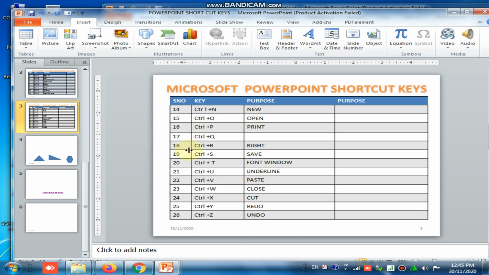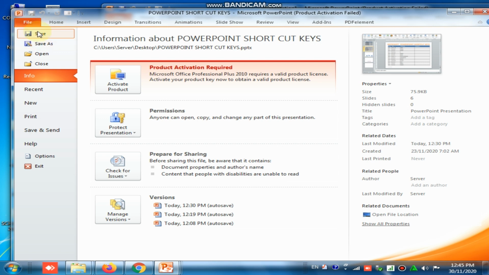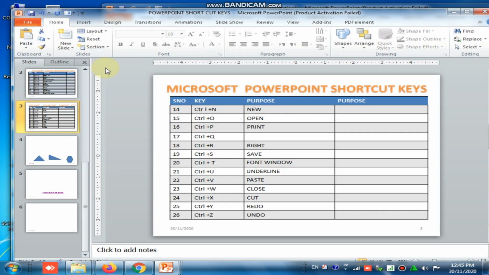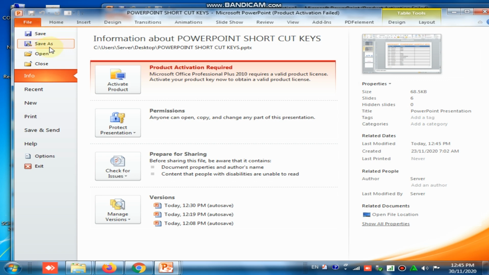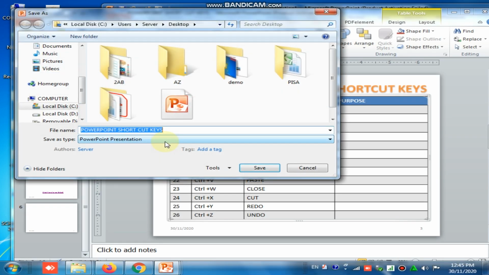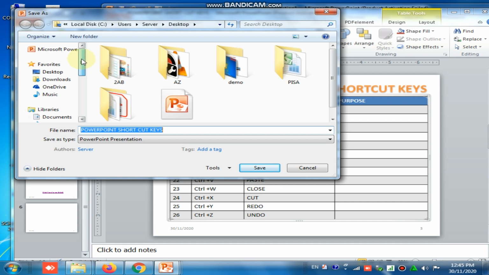And here I am saving, Control plus S. After this, if I want to save, just go to this one, or you press Control plus S. It will ask the name. I request you, don't save on the desktop; for demo purpose only I'm saving here.